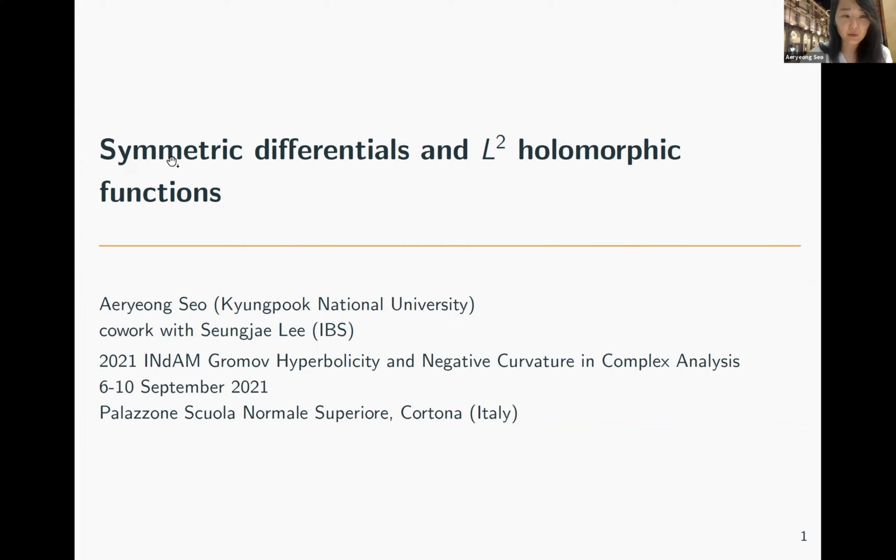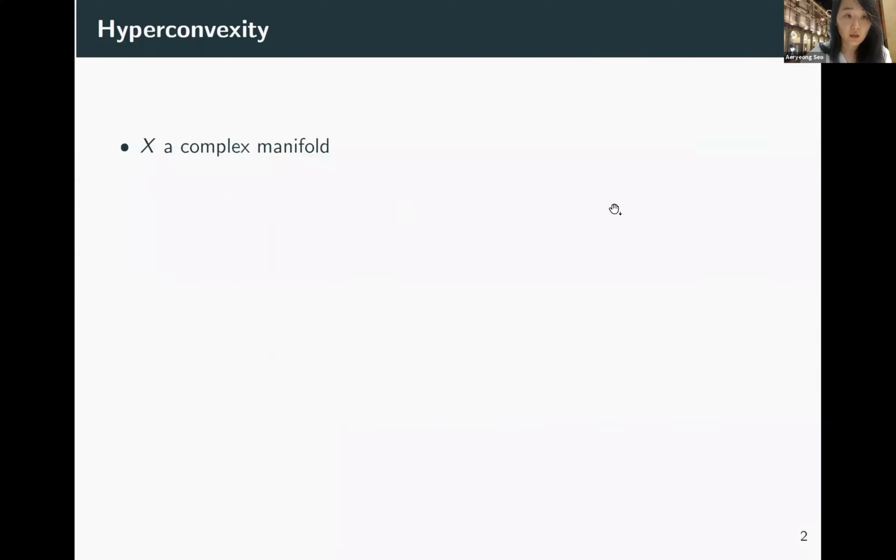Today, I'm going to talk about symmetric differentials over complex hyperbolic space and L2 holomorphic functions on some unipole fiber bundles. This is joint work with Seung-jae Lee in IBS. Let me introduce the